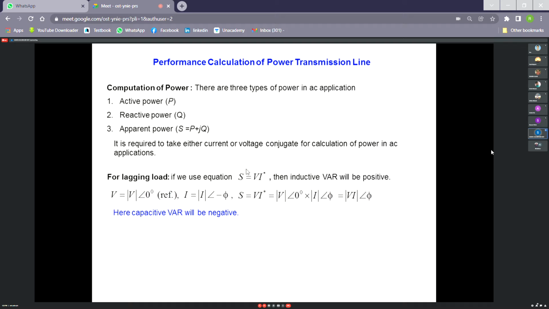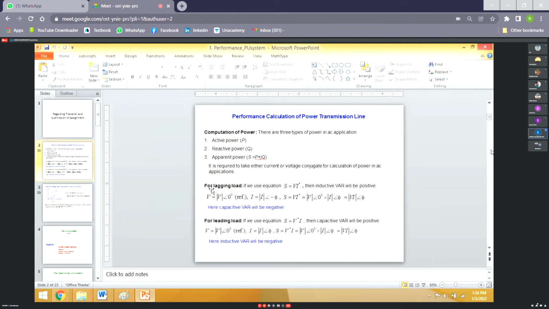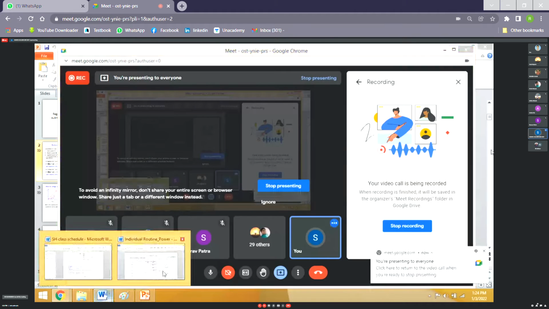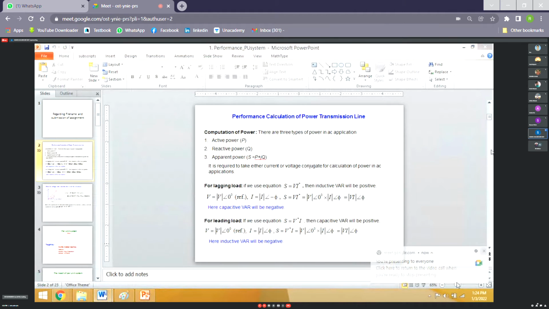So say in a process when current and voltage are being calculated, you are not seeing the magnitude and angle of current or the magnitude and angle of voltage at that moment. So you do not know who is lagging or who is leading. So in that case, if we take the current conjugate in the computation and display only the power after computer programming, then by taking the sign of the power, we can say whether it is lagging or leading. If it is coming positive, then the system has inductive VAR, and if it is coming negative, then the system has capacitive VAR.